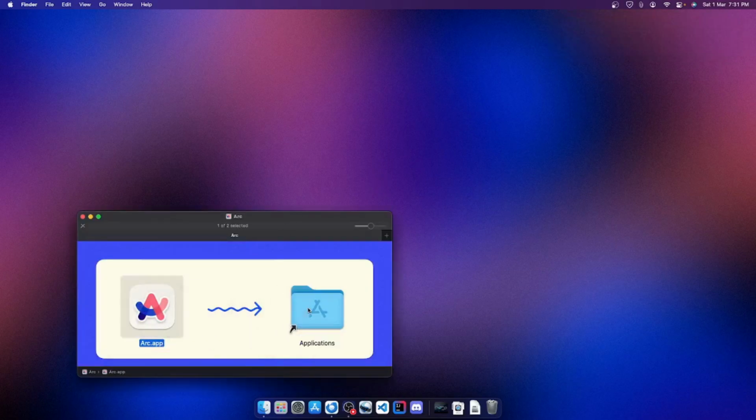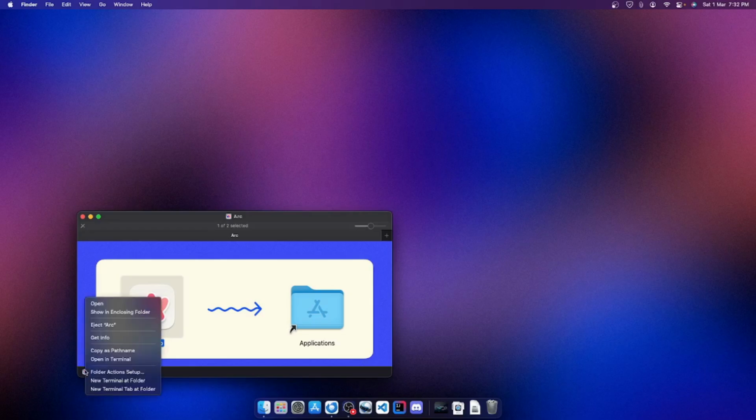So I'm running macOS and I have the Arc DMG file. Let's open it. It's verifying. Okay, now we just move the Arc application into your Applications folder and wait until this is done. It takes less than a minute, so I'm going to be pausing the video right now. Once you're done, you can eject this disk over here, eject this Arc one, and also put this in your trash bin.